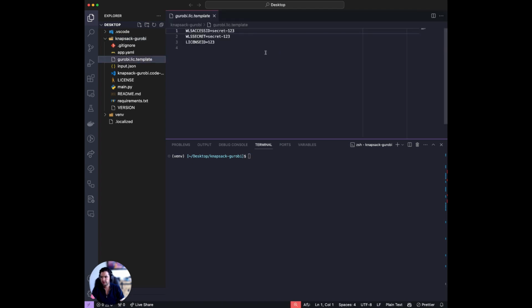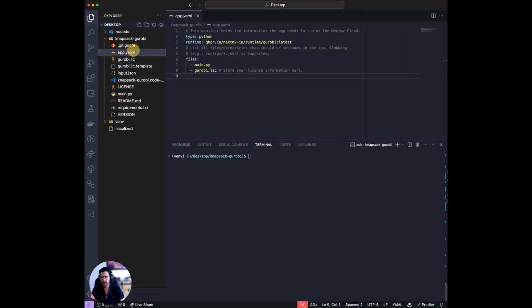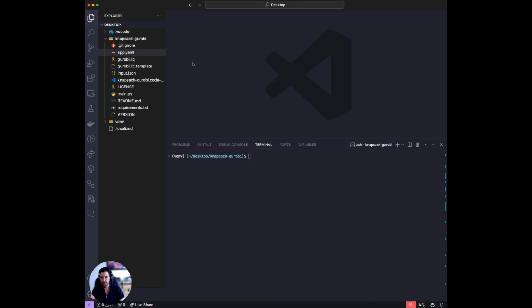More importantly, you have this Gurobi license template with your WLS license information. So I'm just going to go ahead and copy this template to have a file named gurobi.license, and I'm going to fill it with my personal license information. All right, so I have my license ready here, and from the app manifest, you'll see that it's needed to upload my files. So let me just push my code to my Gurobi